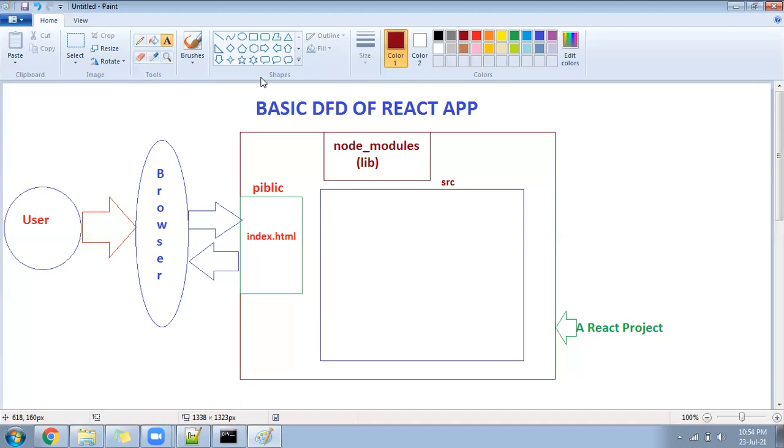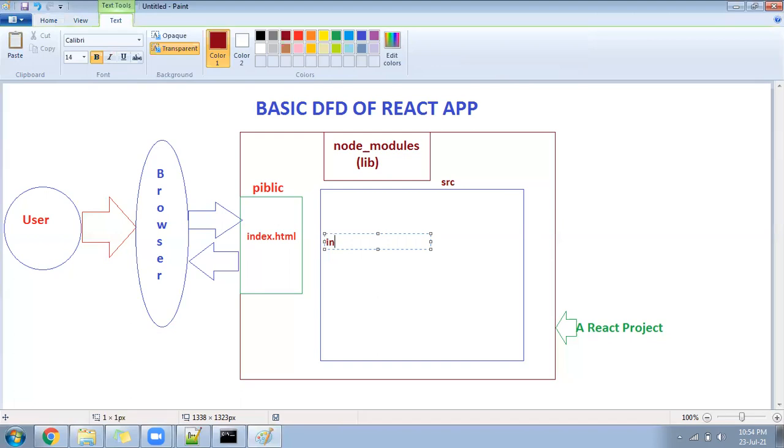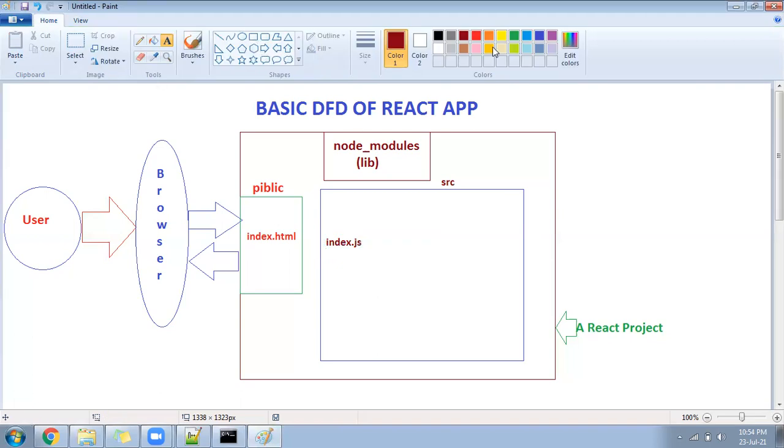See, the first step, under the SRC, we will have a file called index.js. This index.js is going to deal with index.html. This is your index.js file.